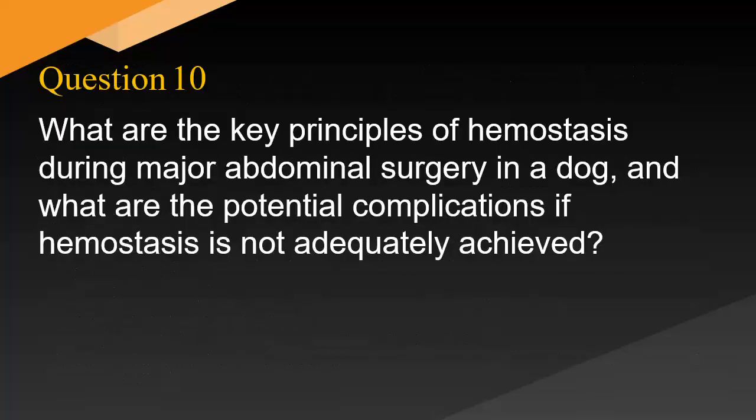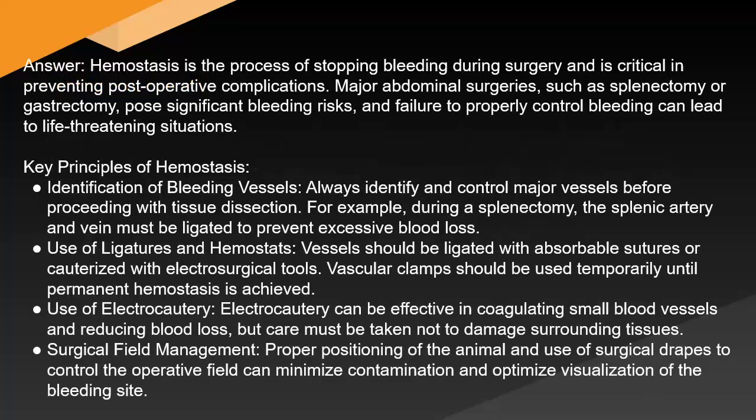What are the key principles of hemostasis during major abdominal surgery in a dog, and what are the potential complications if hemostasis is not adequately achieved? Answer: Hemostasis is the process of stopping bleeding during surgery and is critical in preventing post-operative complications. Major abdominal surgeries, such as splenectomy or gastrectomy, pose significant bleeding risks, and failure to properly control bleeding can lead